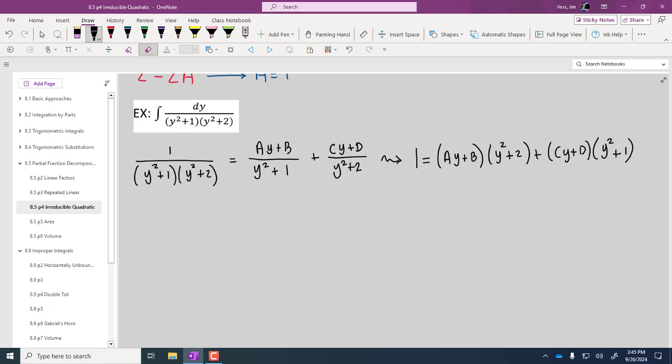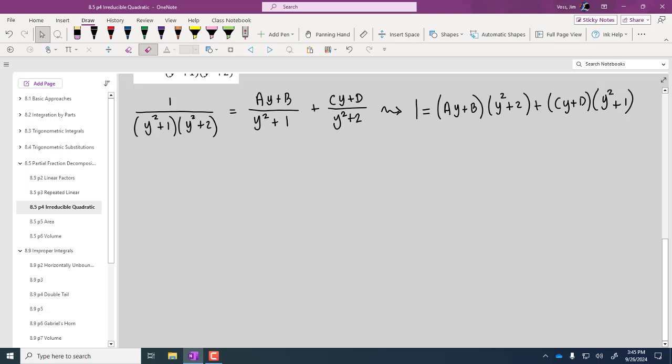Now with these, convenient values is going to get us nowhere. So we're foiling. We're going to do some mad foiling. So our PFD equation, we're going to make it look pretty messy. We're going to have ay cubed plus 2ay plus by squared plus 2b